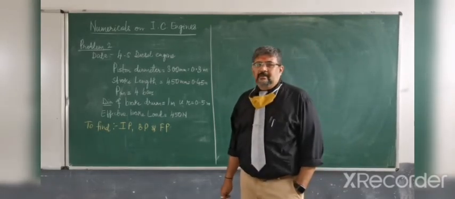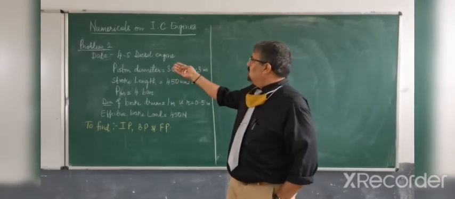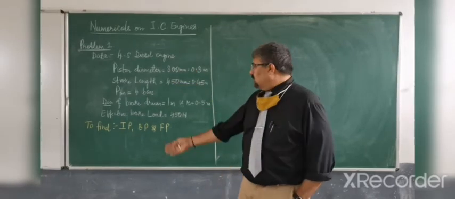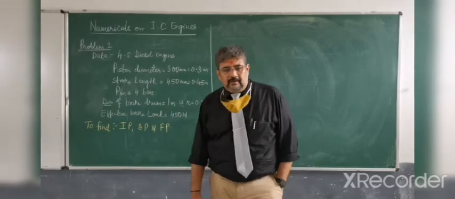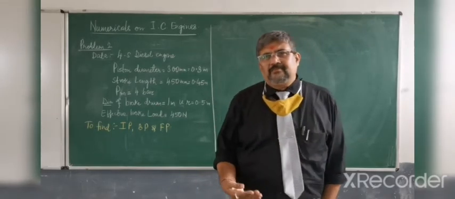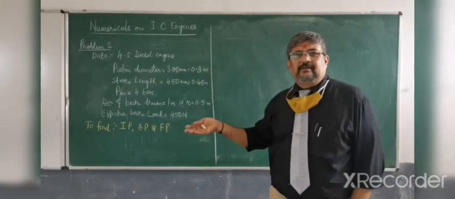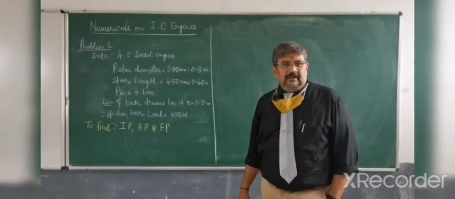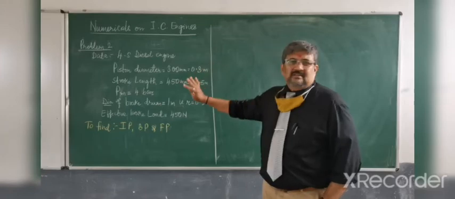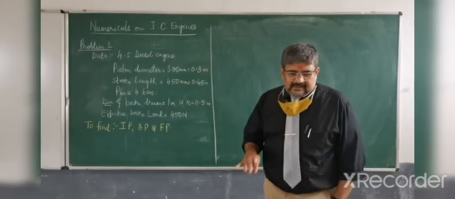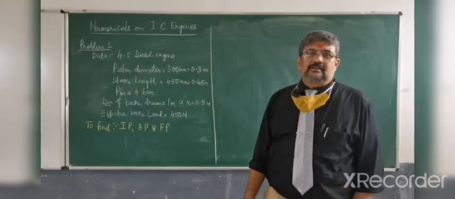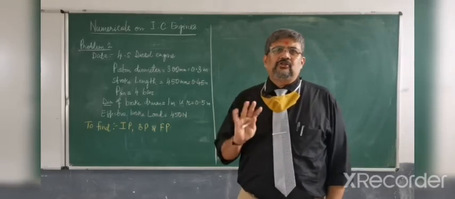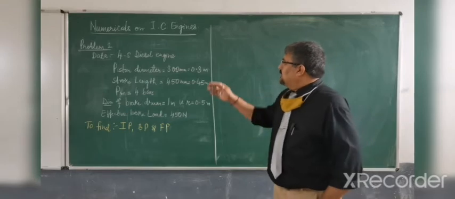The statement of the problem is again, a four-stroke diesel engine has all these things, and you are required to find out what is the indicated power, brake power, and frictional power. And if you look at whatever is given and what is asked, except for thermal efficiencies, everything else remains the same. And since again in this problem it is not mentioned whether it is a single cylinder or a multi-cylinder engine, we will assume it as a single cylinder and then try to find out.